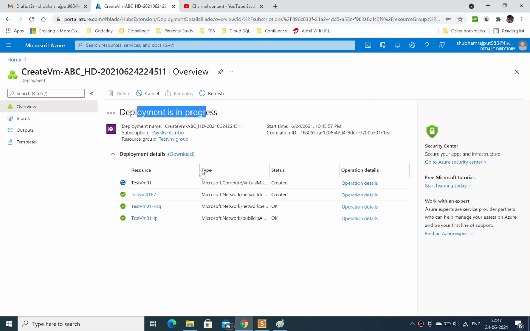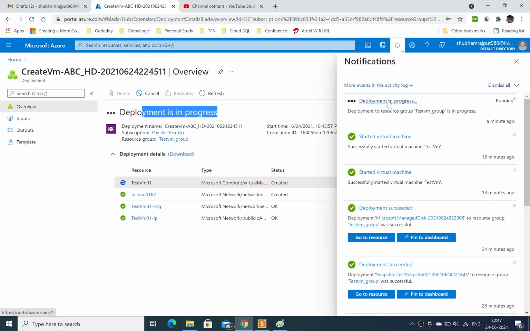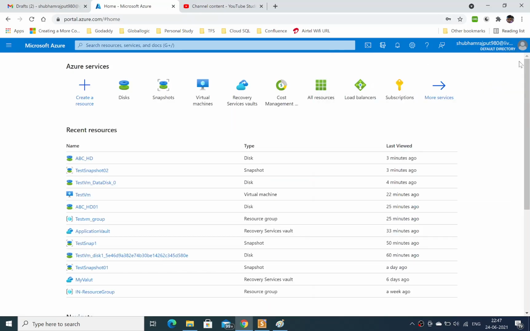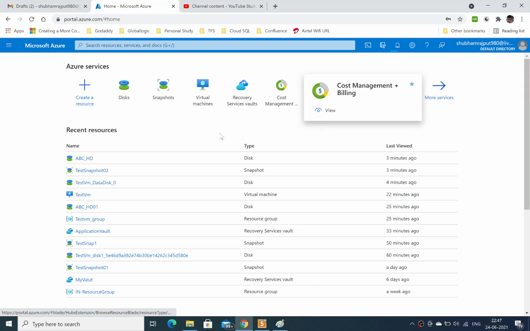Over here you can see the test VM is created, but the deployment is still in progress. It will take nearly 2 to 3 minutes. Until then, we will check the rest of the options available in the snapshot section.